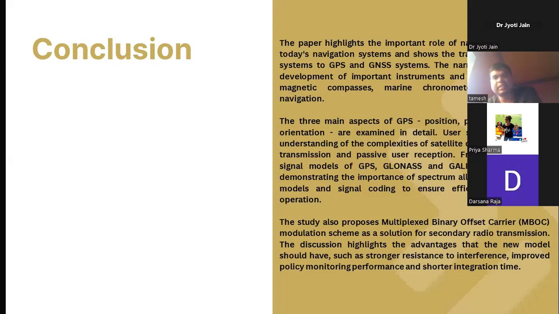So by this, the GPS, GLONASS, Galileo are examined, though we are saying that the MBOC modulation scheme is the secondary main, but the changing is difficult because we are working on the BPSK. But one thing is, if we do the sinusoidal multiplication, we can actually change the signal. So how can we do that? We actually have the BPSK and the clock. If we multiply the clock to the signal, then all the signal will be changed.